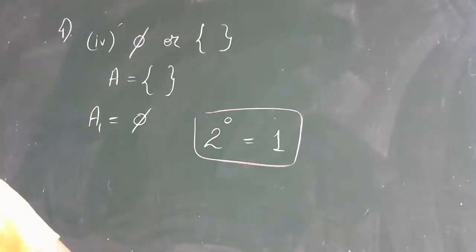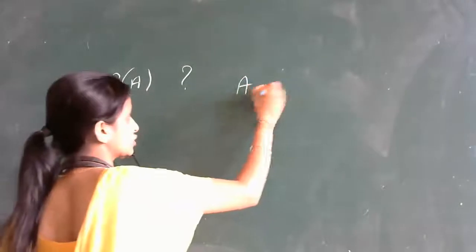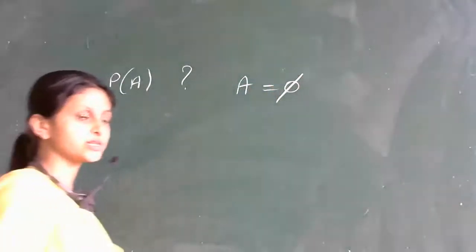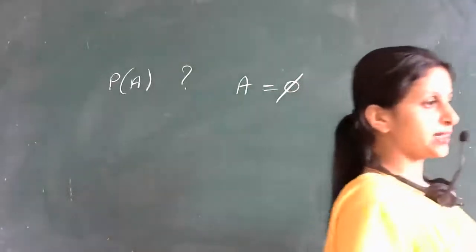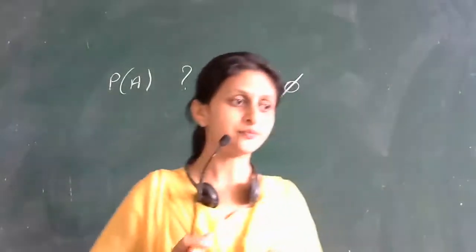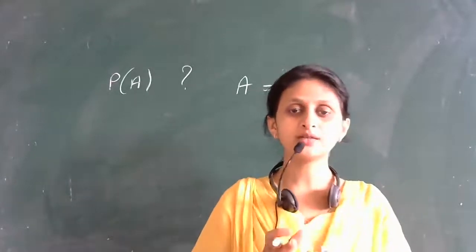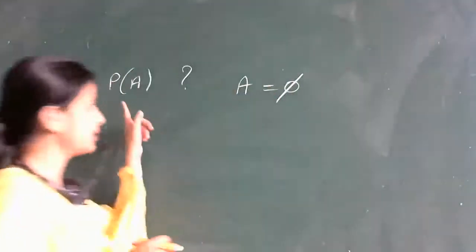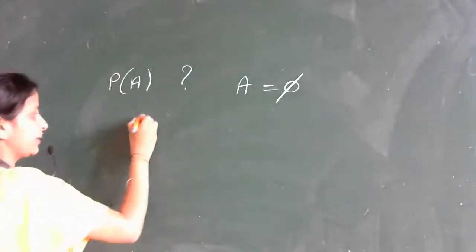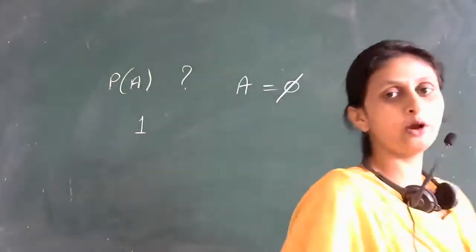In the 5th question also they have asked the same thing. How many elements does P of A have, if A is equal to the null set? Now answer. If A is an empty set, how many elements will P of A have? Let us go by the definition. What is P of A? It is the power set, right? The power set is the collection of all subsets. As I told you, the empty set will have only one subset. So how many elements will be there in the power set? Very good, it will be equal to 1. So the number of elements in the power set of an empty set will always be equal to 1.